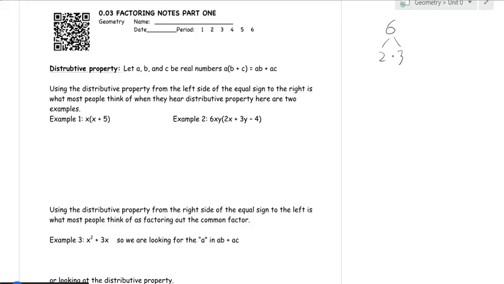So when you use the distributive property left to right, you just distribute, just like we're used to. X times x plus x times 5 is x squared plus 5x. We're used to doing that. We're used to doing this in a bigger fashion, multiplying through like that. What lets us do that is that we can use the